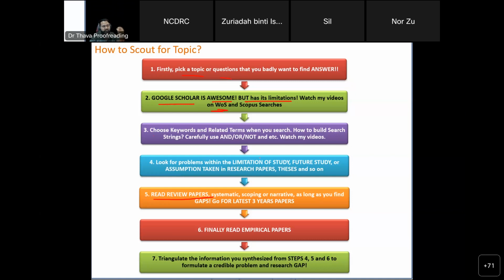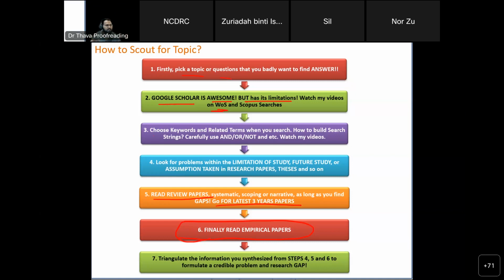Normally they will share, okay? And go for the latest 3 years papers. Finally, only read empirical papers. Unless you find your topic, there is actually not much of a point for you to read empirical papers, because usually when you read empirical papers, you will only read for the results, what is actually happening in terms of results. Okay, not for ideas. Of course you can study, but most of the ideas you can actually get from